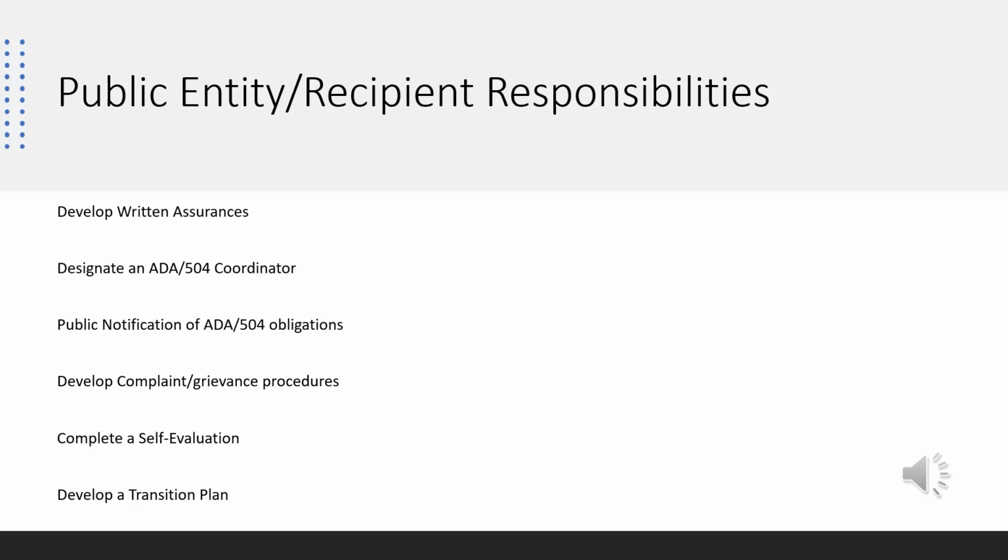Some of the specific responsibilities of public entities or recipients are to develop written assurances, designate an ADA Section 504 coordinator, provide for public notification of ADA and 504 obligations, develop a complaint or grievance procedure, complete a self-evaluation, and develop a transition plan. Now you'll notice that a number of these items look very similar to the Title VI plan and limited English proficiency plan requirements from prior modules.